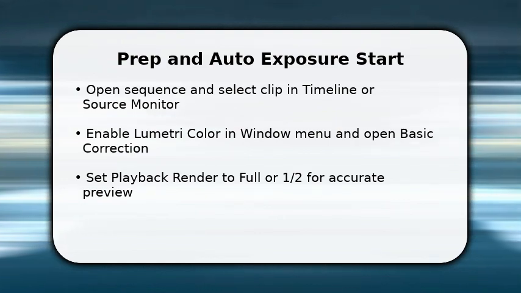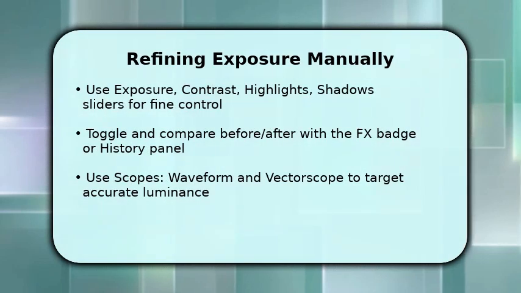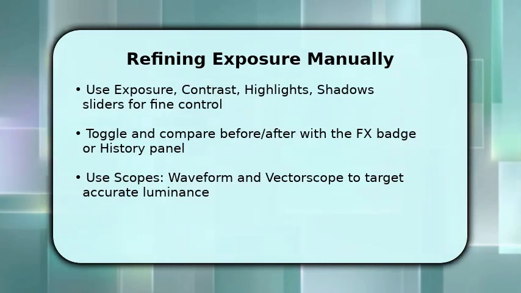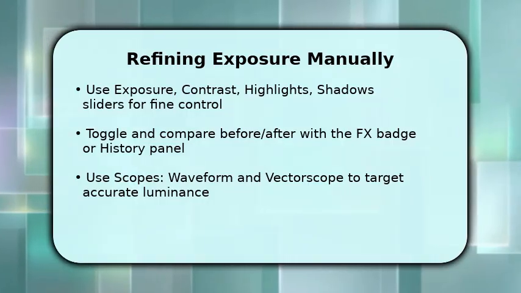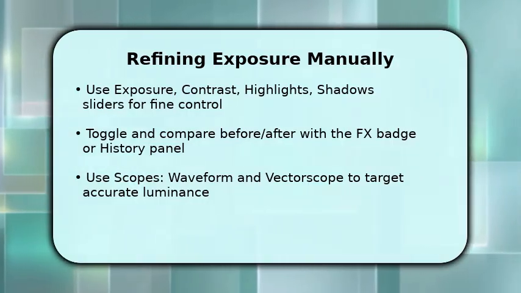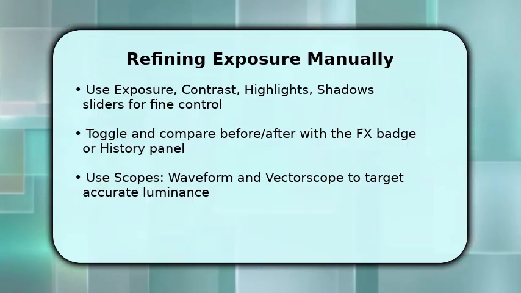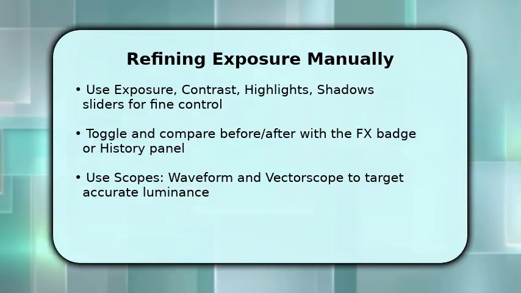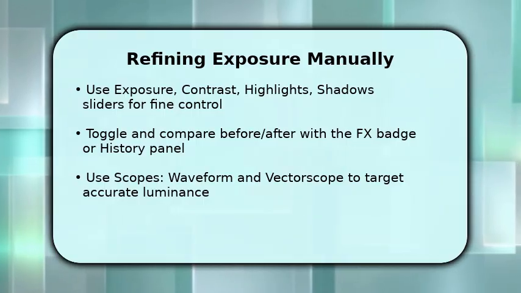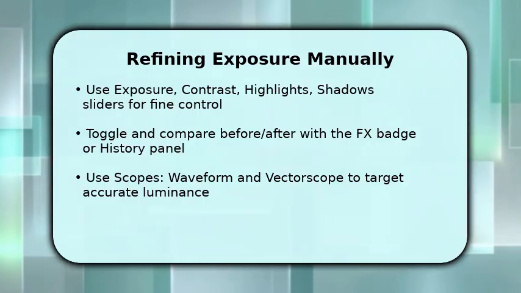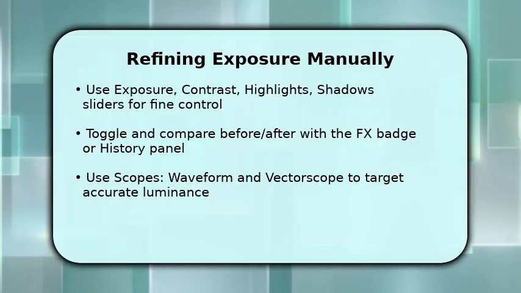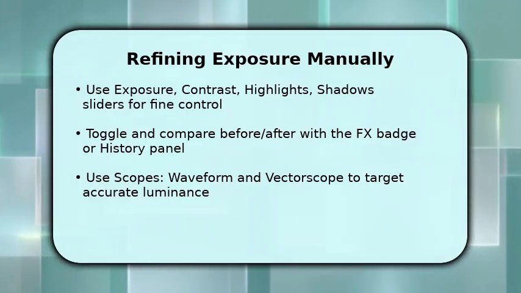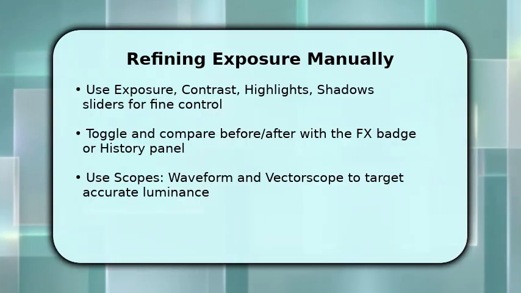tweaks. After Auto has given a baseline, refine using exposure and contrast to nudge overall light and tone, adjust highlights and shadows to recover detail without crushing blacks. You're aiming for balanced mids and preserved peaks, so open the scopes, waveform for luminance and vector scope for color, because numbers don't lie. Once you make a change, toggle the effect off and on, or use the history panel